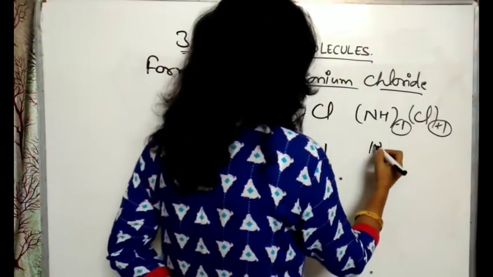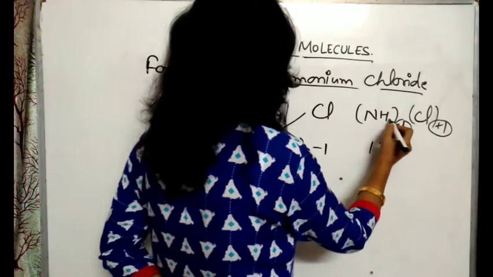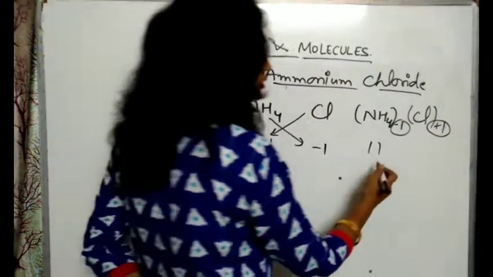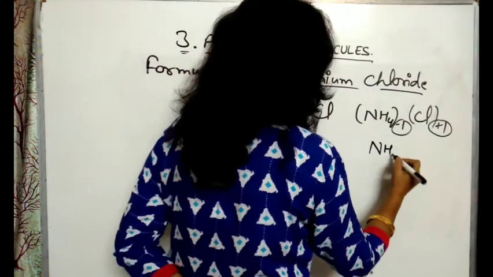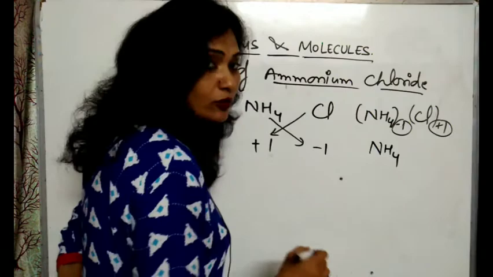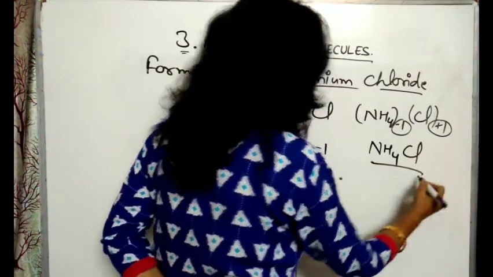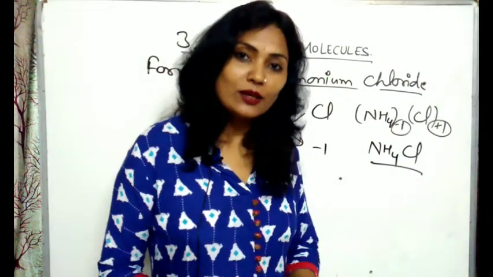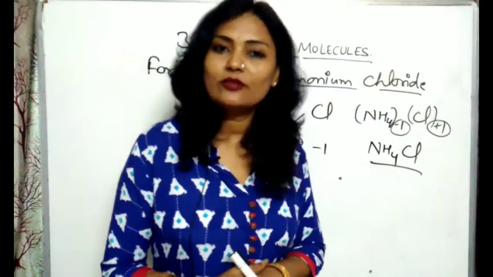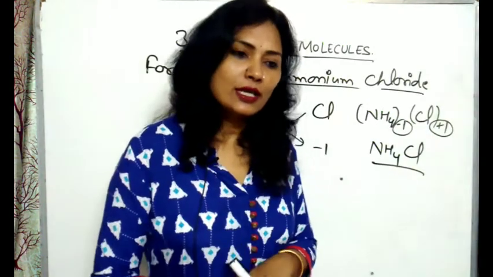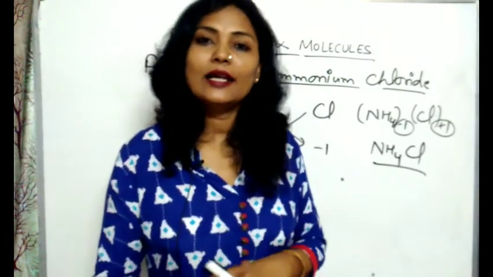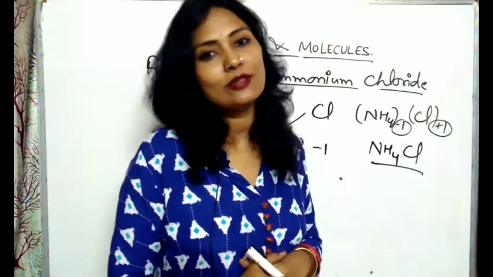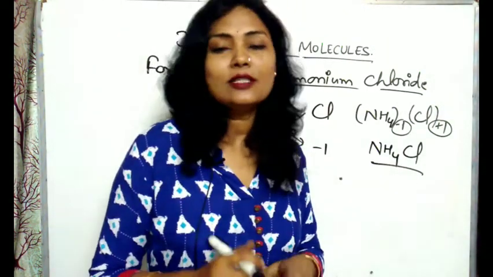The formula becomes, here NH4 is there, no? Don't forget to write it. 4 is already with NH4. Okay, it's NH4Cl. Then the formula becomes NH4Cl for the ammonium chloride. You can make the formula of ammonium hydroxide, aluminium hydroxide, calcium hydroxide, potassium hydroxide, sodium hydroxide, like that. You can make these formulas.